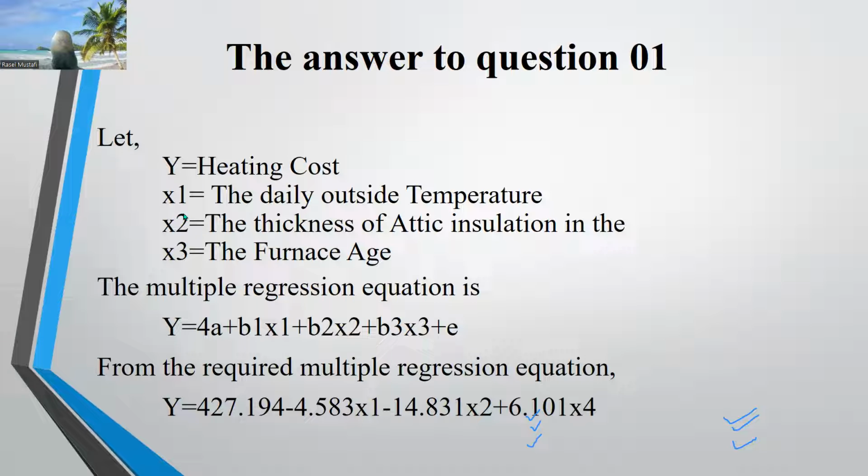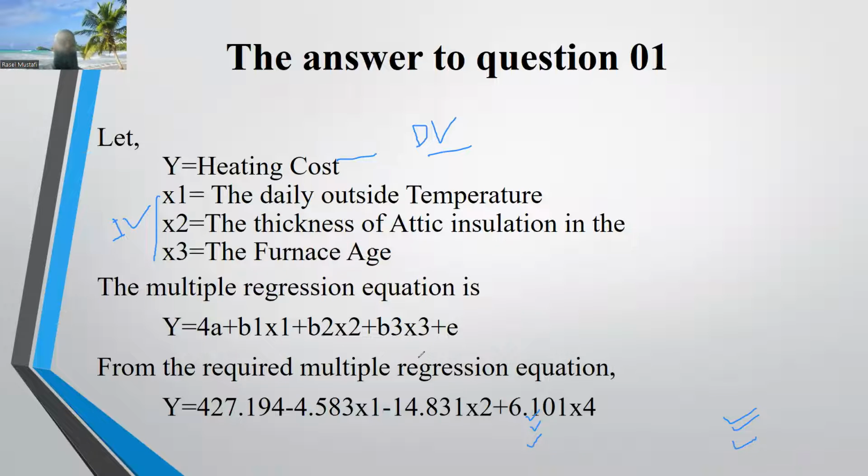So there are 3 independent variables and 1 dependent variable, which is heating cost. That means heating cost depends on 3 independent variables: the daily outside temperature, the thickness of attic insulation, and the